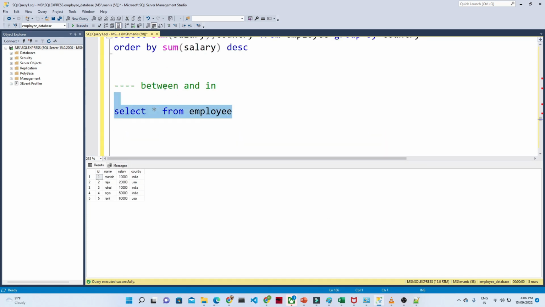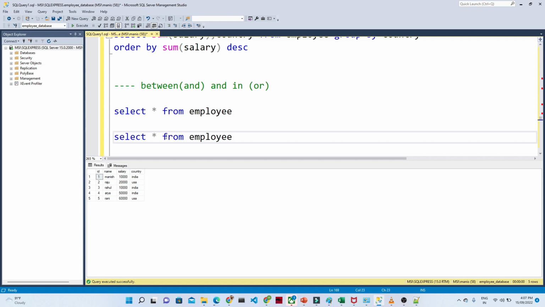Hello everyone. In this video we will see the difference between between and in. Between works like an and condition, and in works like an or condition. Suppose I have this particular table and I want to find out whose salary is between 10,000 and 50,000. How can I do that? I will write select star from employee, with the condition where salary between